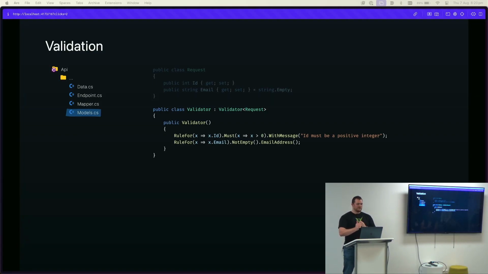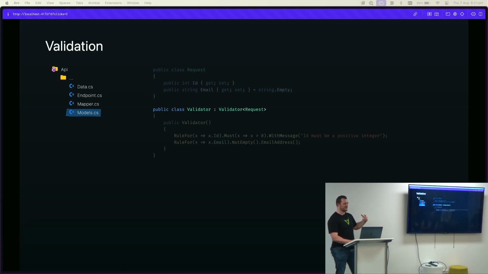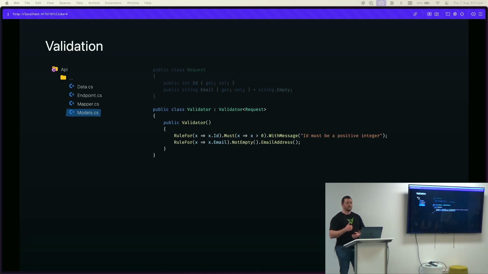So similar to where we had the option to move our endpoint summary out of the endpoint file itself, we can do the same thing by passing the endpoint as a type parameter to a class inheriting from validator. And we don't need to register that manually with our DI container. Now, validation failures will be returned automatically if any of these rules fail that validation check, which is nice and succinct for the simple cases, but we can build on top of this if we have any business logic to